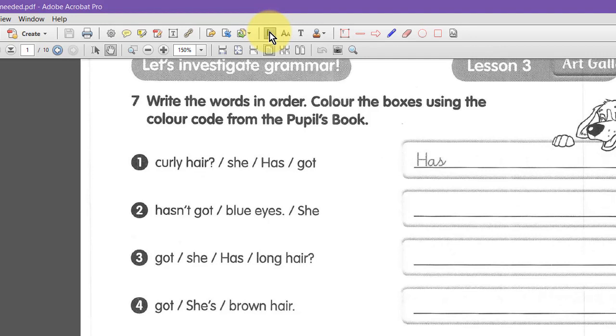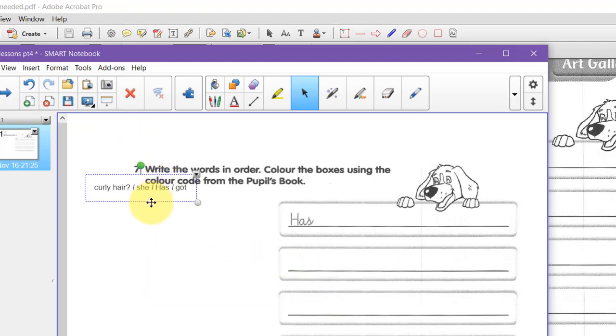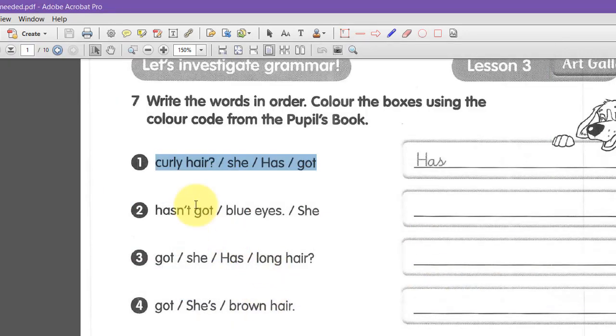A simple way is if you click on the black arrow on the newer version, it's the text highlighter, you can just simply highlight the words. I could do them in groups like that. Do Control C and Control V, and there you can see I have the words I need to put here. And I'll do the other ones. So Control C